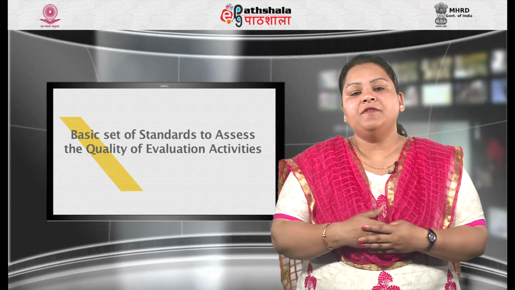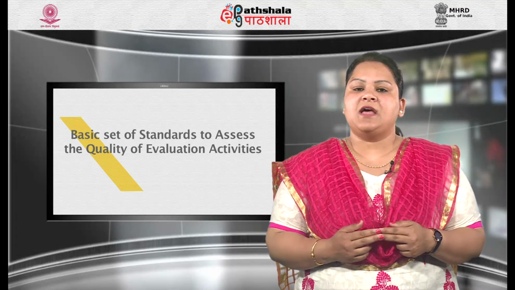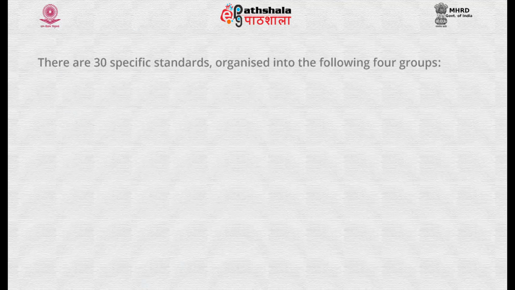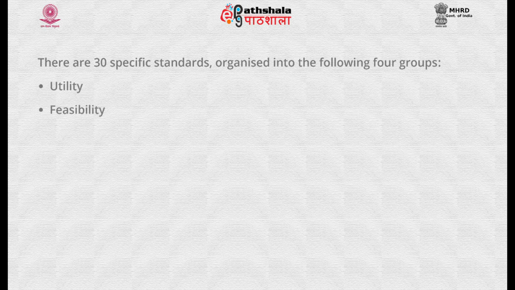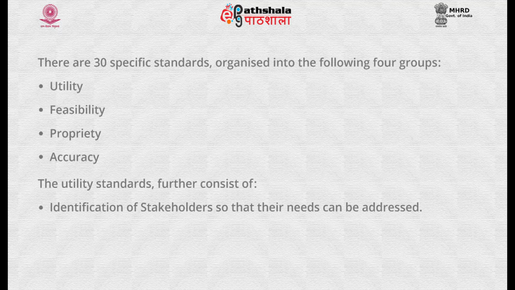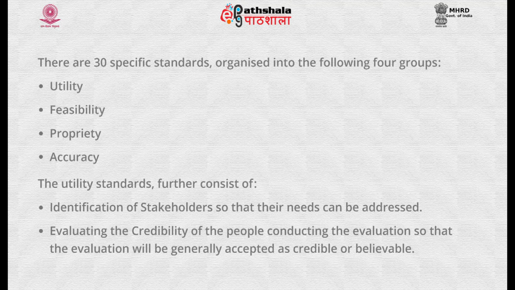The next part of the framework is a basic set of standards to assess the quality of evaluation activities. There are 30 specific standards organized into the following 4 groups: utility, feasibility, propriety, and accuracy. The utility standards further consist of identification of stakeholders so that their needs can be addressed,